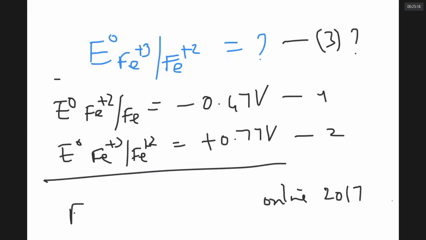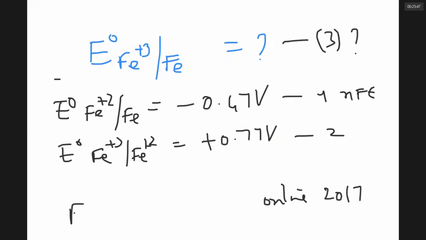They wanted to know, see, I gave the problem incorrectly. They wanted to know this value, sorry. They wanted to know this value and they have given me these two values. What is the E0 of Fe3+ by Fe? If E0 of Fe2+ by Fe is this much, and Fe3+ by Fe2+ is this much, you convert into minus nFE0, you convert also into minus nFE0, and you add these two to get this. Can we do it, sir?